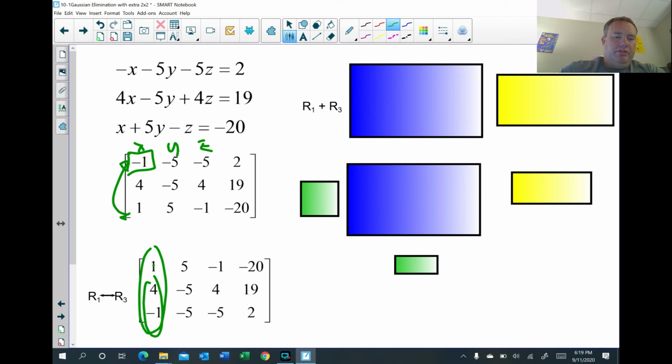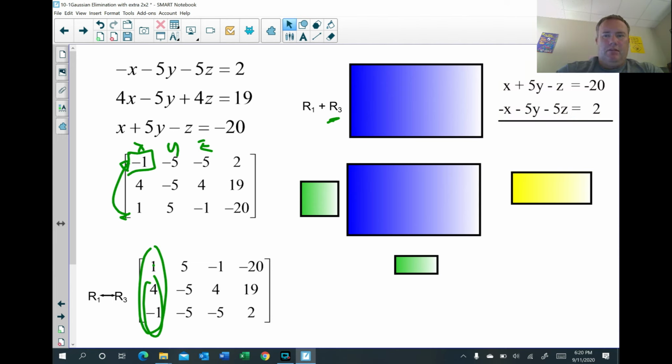What I'm going to do is make the third row 0 first. The only reason is because of how easy it is. If you notice, row 1 and row 3 already have opposite signs. So if I just add those two together, now again, remember, I'm only changing row 3, not row 1. Okay? So if I add them, this is the way it looks when you add them,